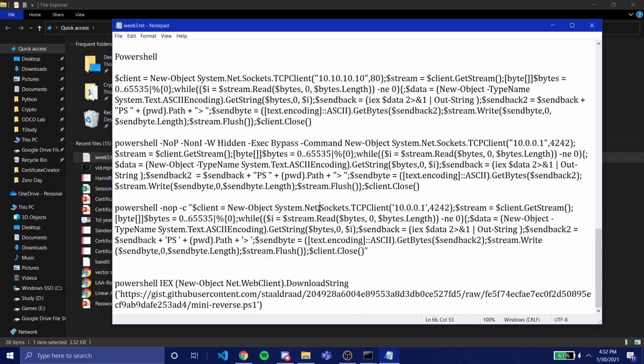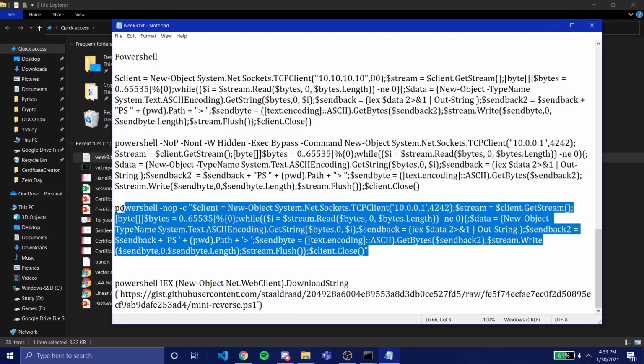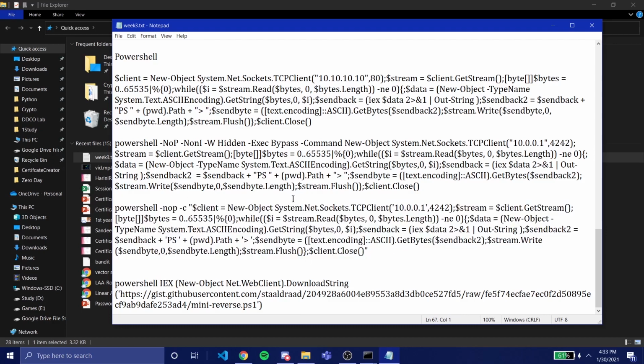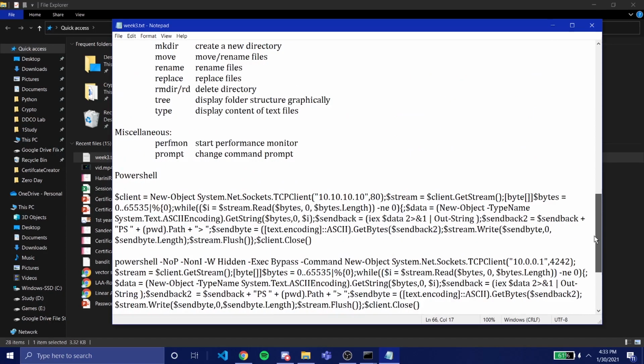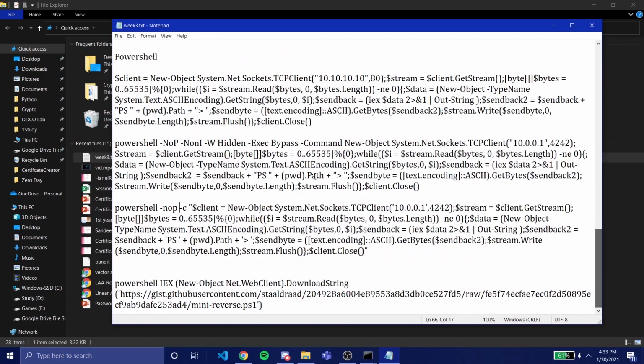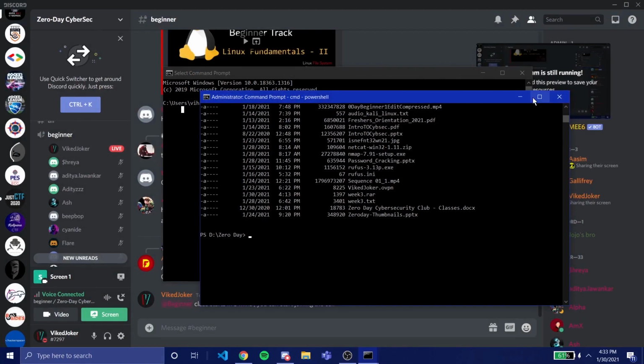New object, it opens a new socket. Then this would be the same as how we did for NC, right? Netcat, the IP address followed by the port, and it sends in a huge amount. There are lots of things this exact program does, and it would take a lot of time to understand and cover, so I'll give this as self study. Most of the time you will probably not work with most of these things, but in case you do, it's good to know these Windows commands.